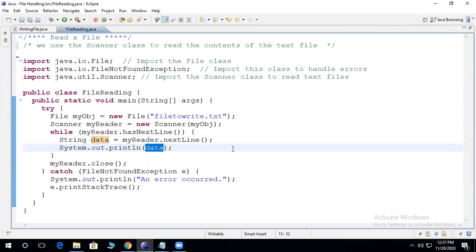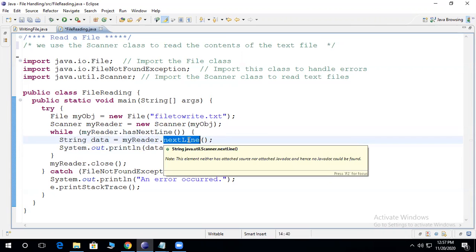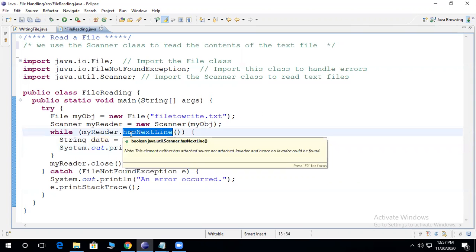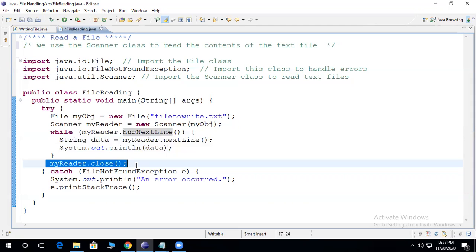So the first line will get printed on the screen. Then again it will jump to the next iteration. hasNextLine: it is not the end of the file, so it will return true. nextLine will point to the next line of that file, which will get copied into data and printed over here, next line, next line, till the end of the file. When hasNextLine reaches the end of the file, it will return false, this while loop will get terminated, and then at the end we are closing the file.